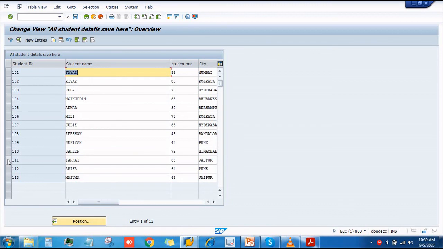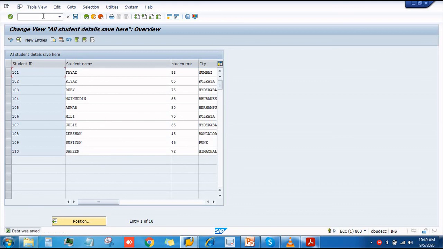Click this 111 student ID, click here and click this button. From this button we can delete directly from here. See, delete, and we can also copy this into another name. Delete. See, it was deleted. You can also delete multiple like this. See, select this one and press the control button, click here, delete. At the bottom you can see the number of deleted entries is 2, and save.